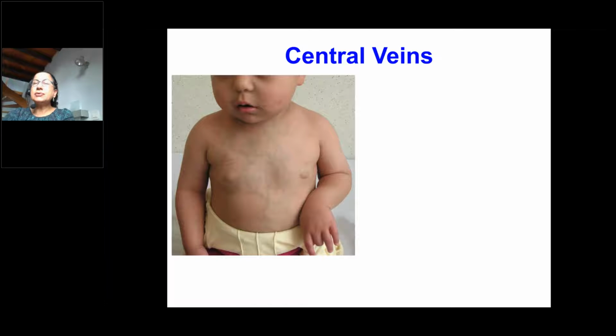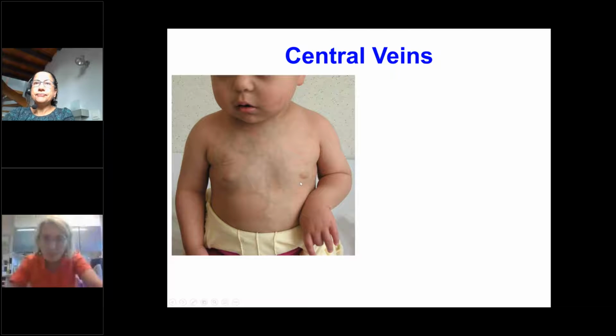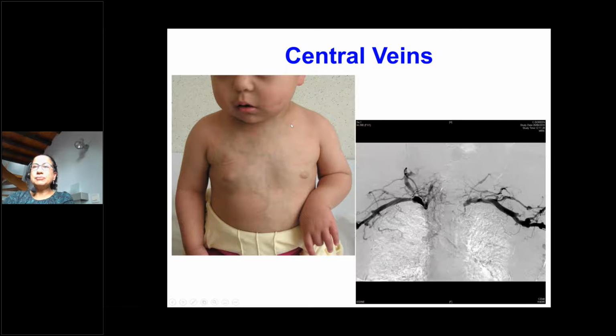To me, the single most important reason why central venous lines are so bad is what you see in this picture. You see a very young child with lots of dilated veins on their chest wall, several scars of a previous access insertion, and a swollen face from superior vena cava obstruction syndrome. And when we did angiograms on this patient, it's really what you don't see, which is so important. You don't see any of the central vessels bringing blood into the heart, and rather a very large number of collaterals. So central access can be lost even in a very young child if we are not careful with our